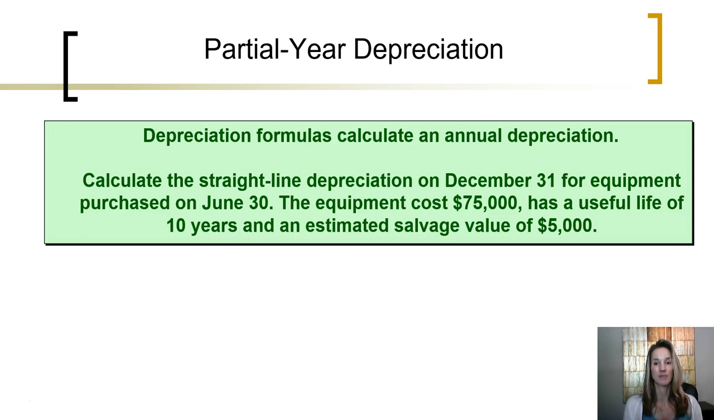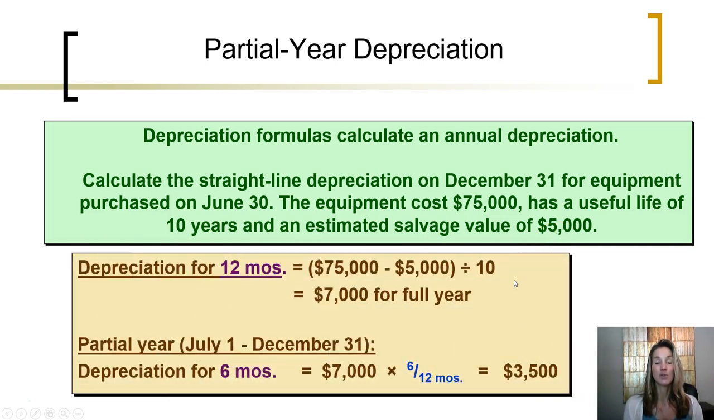year of depreciation. So let's assume that on December 31st, we are calculating depreciation expense for an asset that was purchased on June 30th. The equipment costs $75,000, has a useful life of 10 years, and an estimated salvage value of $5,000. If we were to use the straight line formula, cost of $75,000 minus the salvage value of $5,000, and divide by the 10-year useful life,